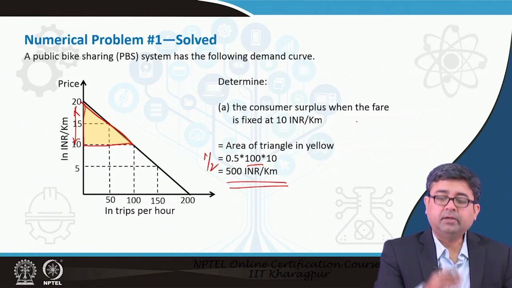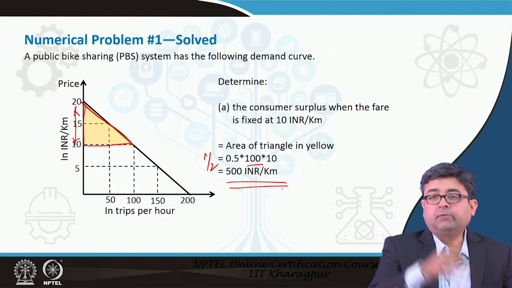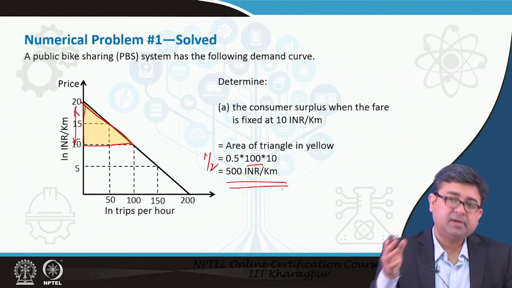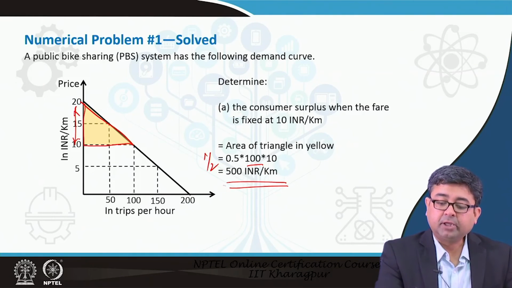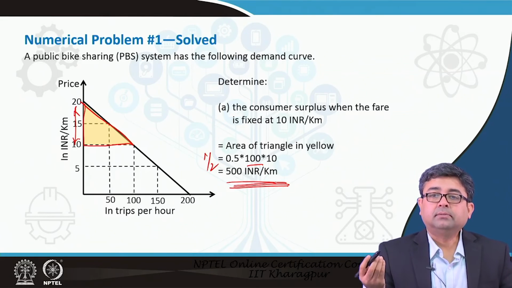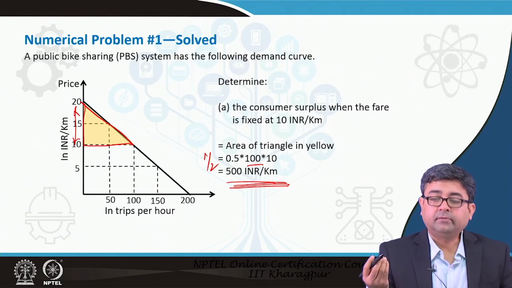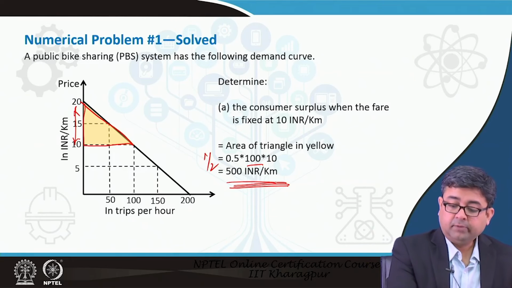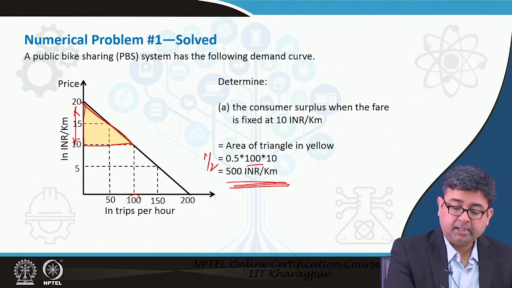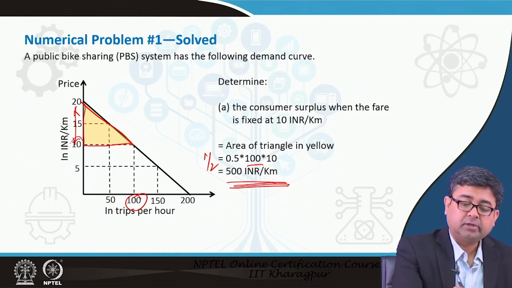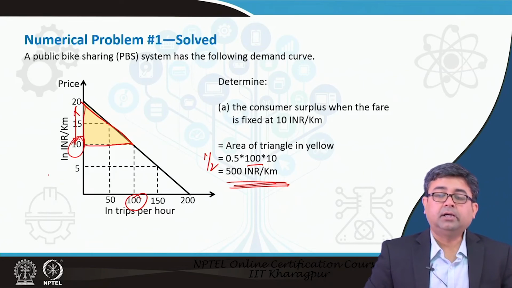So, 500 rupees per kilometer. If you have a bicycle sharing system for a 20 kilometer network, every kilometer you are getting a benefit of 500 rupees